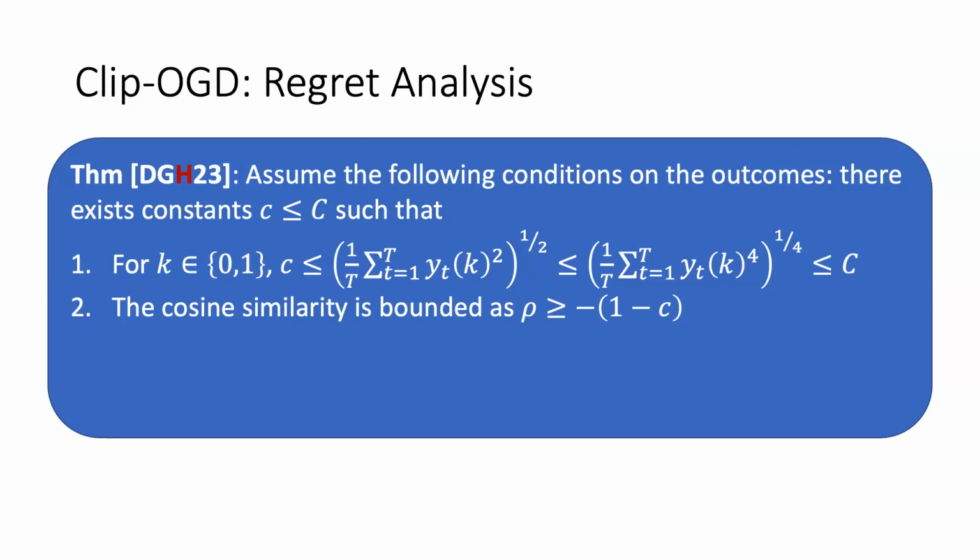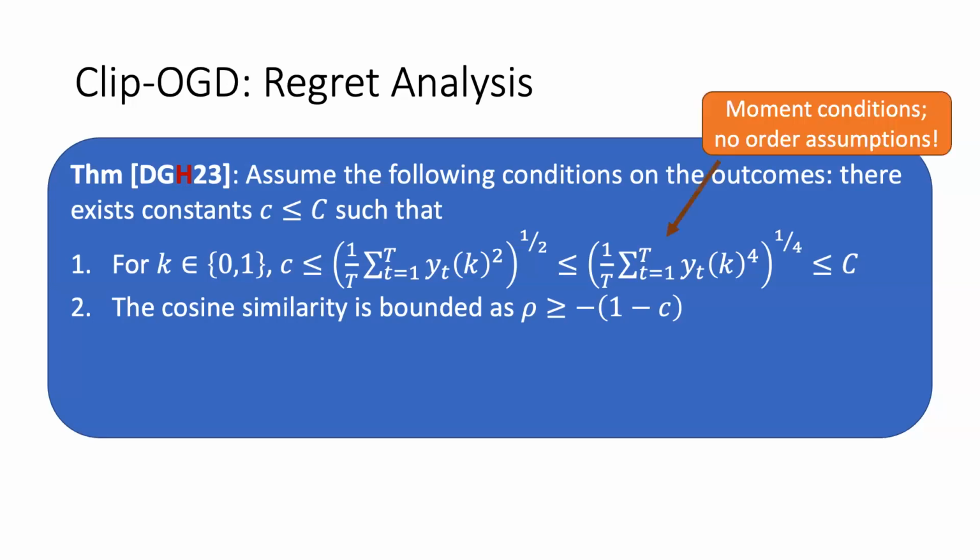I should also add that under an IID assumption, these things should come to you essentially for free. So it's really design based that we're having to make these assumptions. This is a really important one. This you'll definitely need, and it's not given to you if you were doing IID. And in particular, as Kevin asked, there's only moment conditions here. There's no assumption on the order in which these units arrive,